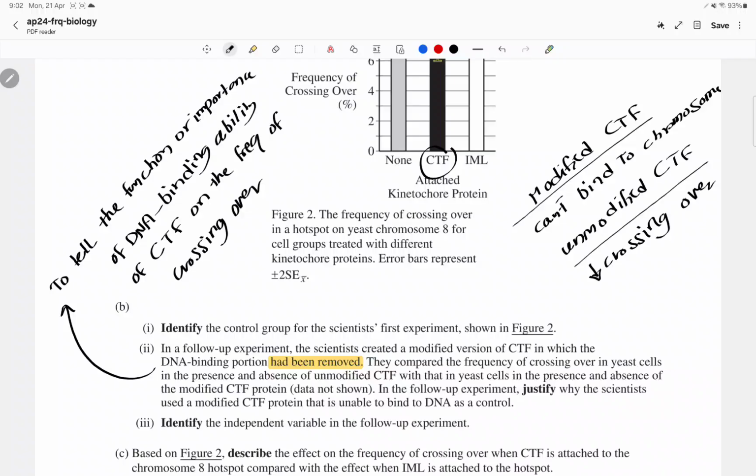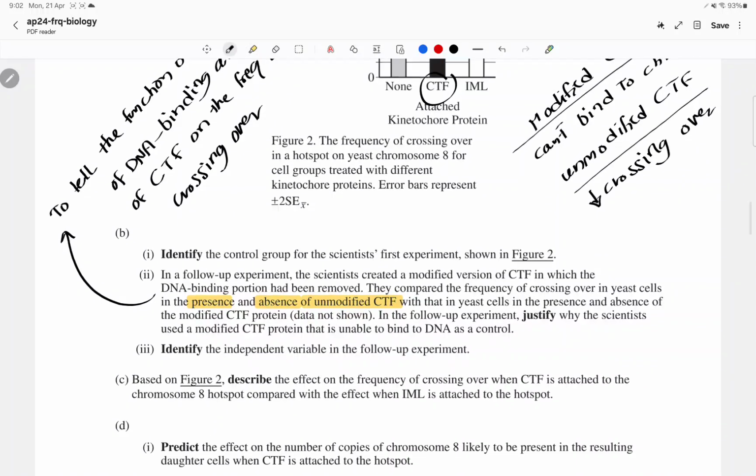Okay, I. Identify the independent variable in the follow-up experiment. Well, the independent variable means you are controlling that thing. You can make it present or you can make it absent. And so, for example, here, the scientists were able to choose whether to have the presence or the absence of the unmodified CTF. So our independent variable is going to be the presence